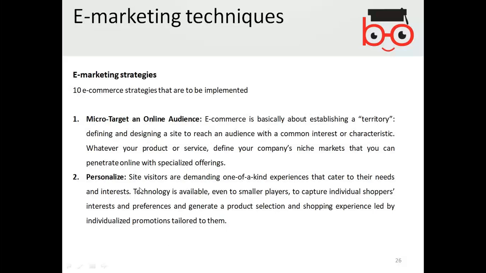Then personalize. Site visitors are demanding one-of-a-kind experiences that cater to their needs and interests. Technology is available even to smaller players to capture individual shoppers' interests and preferences and generate a product selection and shopping experience led by individualized promotions tailored to them. So the e-commerce strategy is to personalize to the needs of individual shoppers.